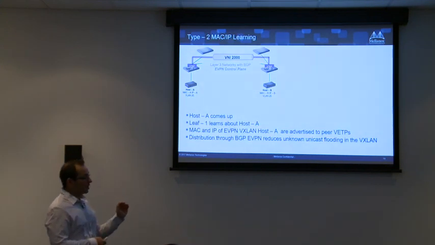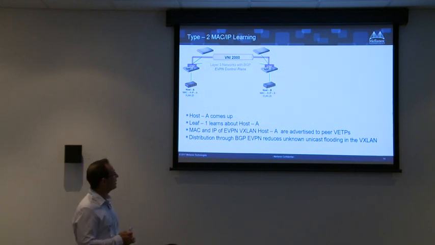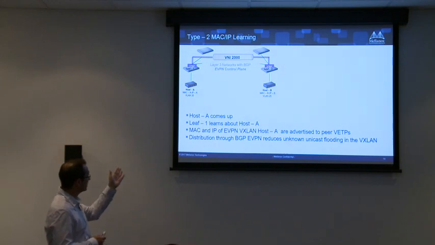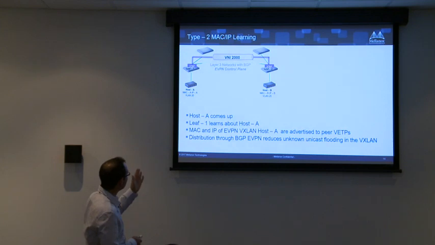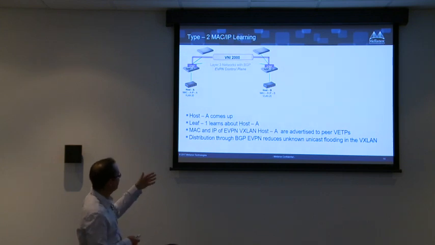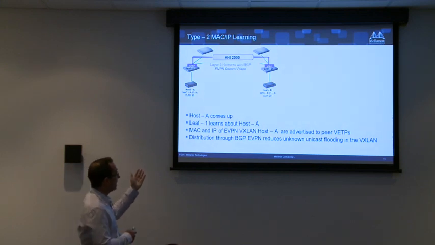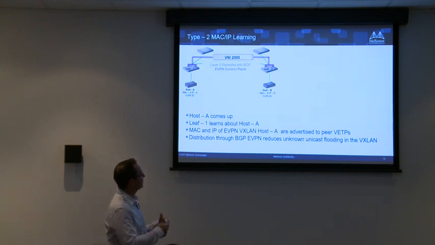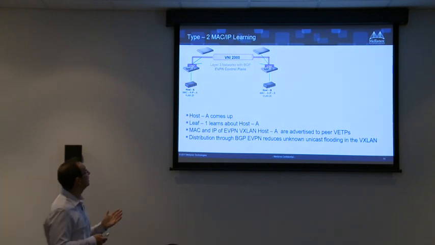There are a few route types in EVPN. I will discuss 2 of them, which explain how it works. Let's say, for example, I have host A. It comes up. There is a natural learning on the top of rack about the MACs. And then EVPN, as a BGP protocol, is advertising host A's MACs and VLANs to other VTEPs that are sharing the same VNIs. So this is basically what EVPN is doing in route type 2.